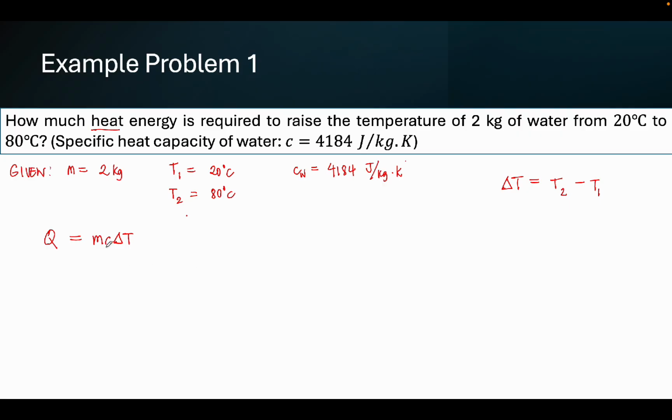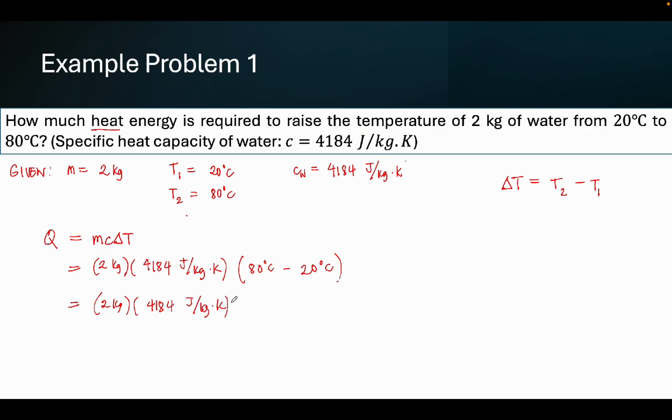Okay. So, we have right here 2 kilograms. Let's substitute the values: times 4184 joules per kilogram times Kelvin times T2 minus T1, or 80 degrees Celsius minus 20 degrees Celsius. Okay, if you calculate that, we can also have it as 2 kilograms times 4184 joules per kilogram times Kelvin times 80 minus 20, which is 60